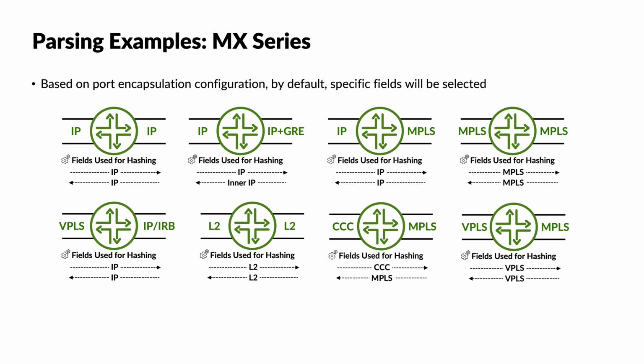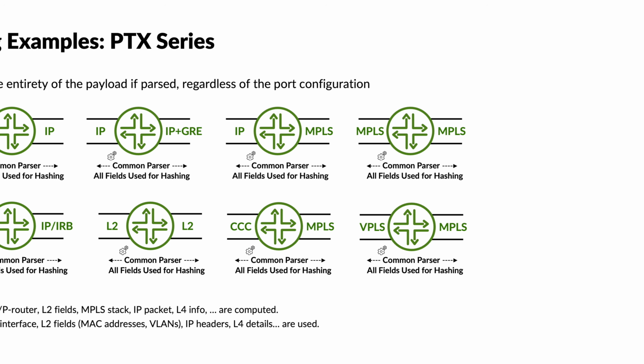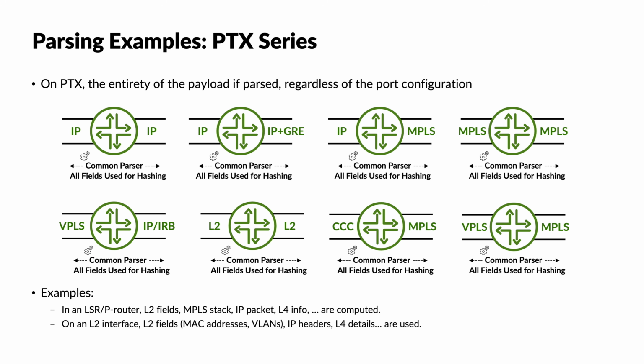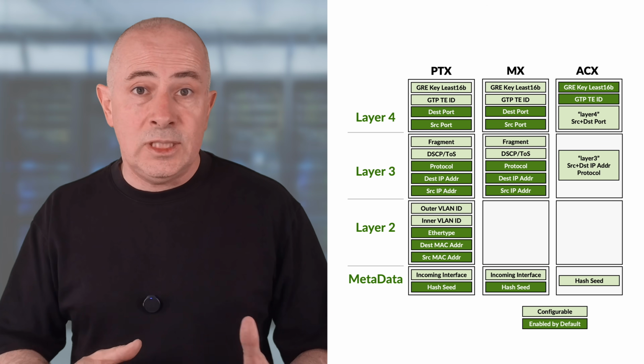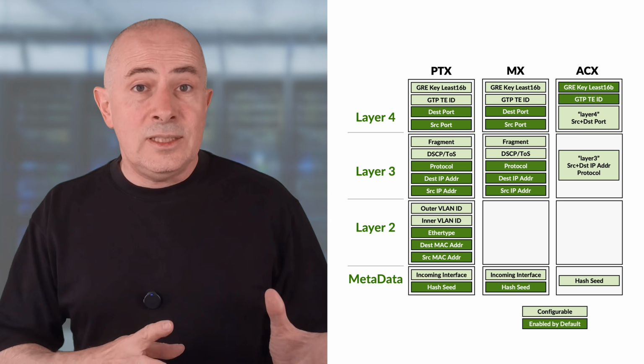And let's get back to the MX. When you configure per flow load balancing, the default list of header fields the system will extract to perform the hashing computation will depend on the ingress interface configuration, while it will always be the same field selection for PTX 10K or 12K. In this example, for an IPv4 packet received on the routed interface, you notice that the MX